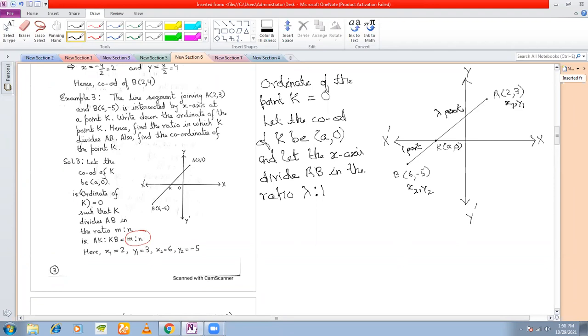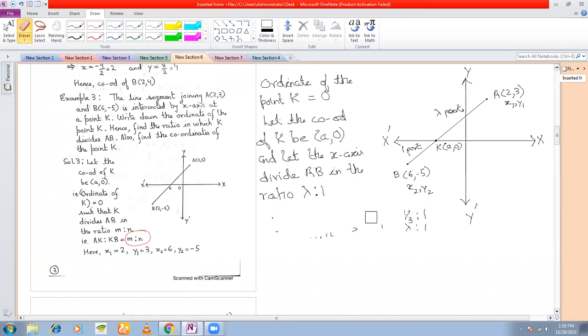Please explain the ratio again. If I can take the ratio as lambda is to 1, see, any ratio, suppose I have a ratio 2 is to 3, I can always take the ratio to be lambda is to 1. How? This can be written as 2 by 3, which can also be written as (2 by 3) by 1, isn't it? So this becomes 2 by 3 is to 1. Understood? Yes, sir. So whether I take m is to n or lambda is to 1, it's the same thing. Now understood? Yes, sir. Thank you, sir.